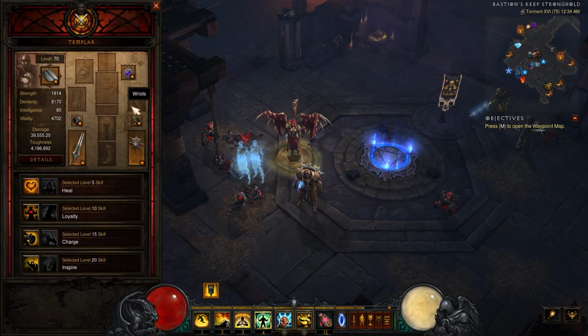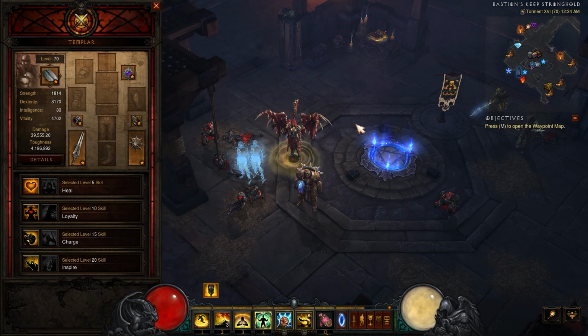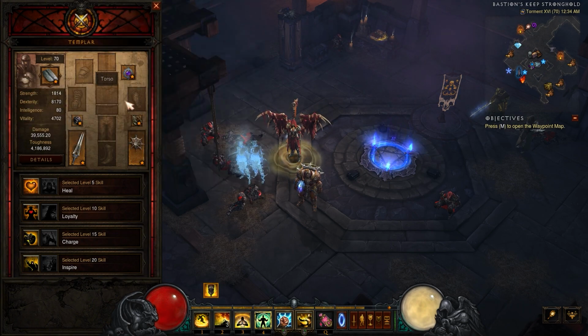Look at that. You can fully equip your follower with a relic and items. Now, if you're looking at that and thinking, well, you could already put some items on your follower, so what's a few more items? Why does this matter? Well, it matters because you now gain some of the benefits of legendaries on your follower,